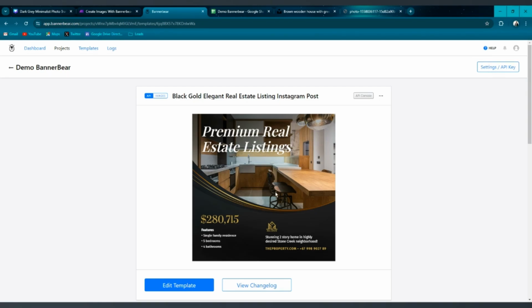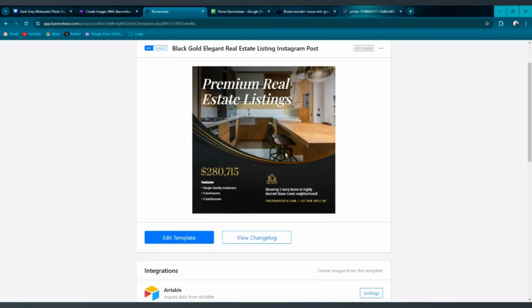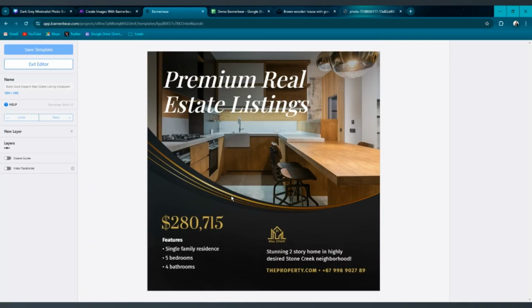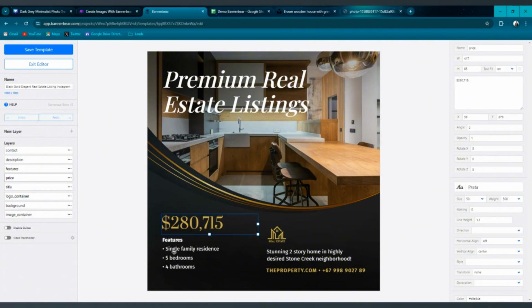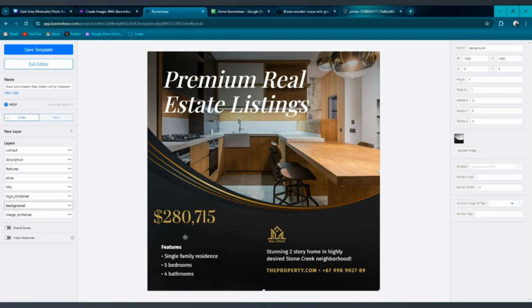There's actually not anything for address on this. That's interesting. I guess I'll show you guys how to do that as well. So if we come into edit template here, say if we want to add an option to have the address here, what we would do is we can move all of these around just like a drag and drop option,